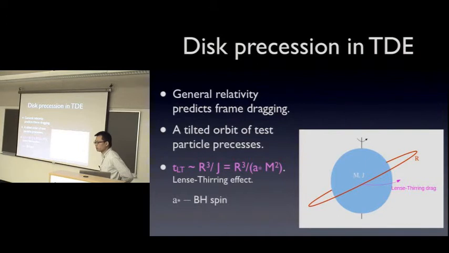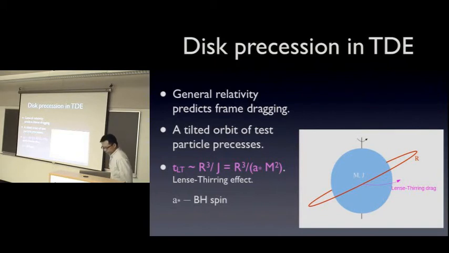What I'm confused about is that when you say t to the minus 5/3 for m dot fallback, that's t since disruption. But when you're talking about t to the minus 4/3 for viscous spreading of the disk, that's t since I laid down my ring that I want to spread, right? So can't you just put those on the same power law? Yeah, we discussed that point. I just don't understand. Yeah, I have a slide to show that. Okay, we can talk about it later. At the end of the talk, I will show that. Sure.